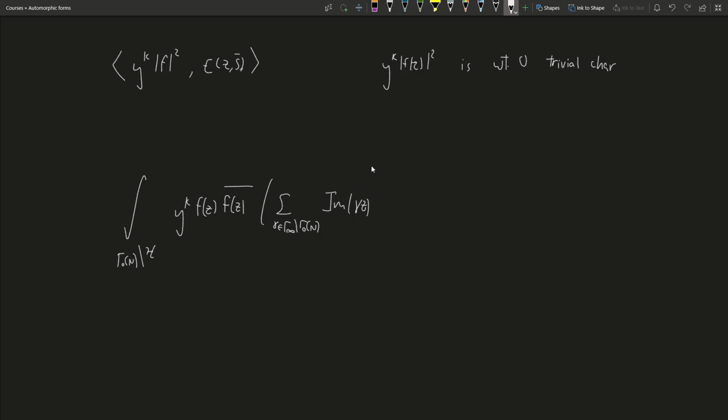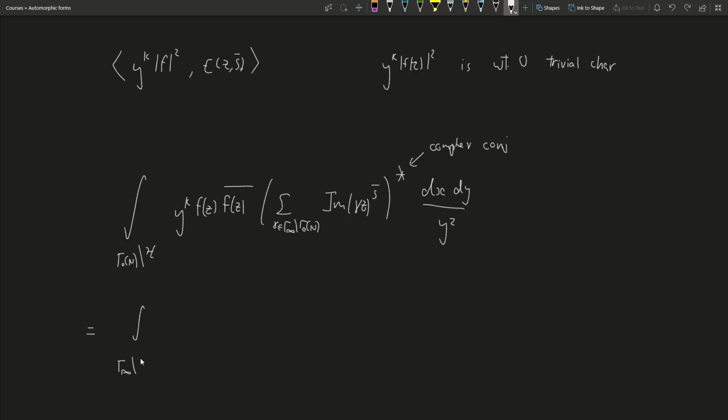So I'm going to look at this. Here, this is the imaginary part of gamma z to the s bar, and then I'm going to write my asterisk to mean complex conjugation. And then we have our usual measure. And using the unfolding trick, this is a shortcut that you can take. You can just say that this is going to be, with the reasoning from the first lecture on unfolding,